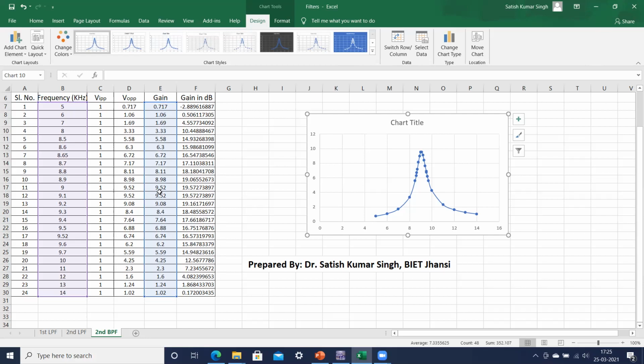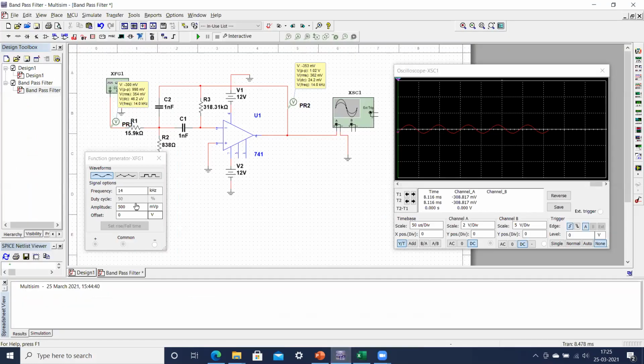Okay, so here the gain may go to 9.52, or 9.8 or 9.9, even. You can check it out from this Multisim. So let us suppose I make it 9 point something, when I have already chosen it to be 9.1. So if you make it 9.05, then you can test it. Then we are getting something over here.